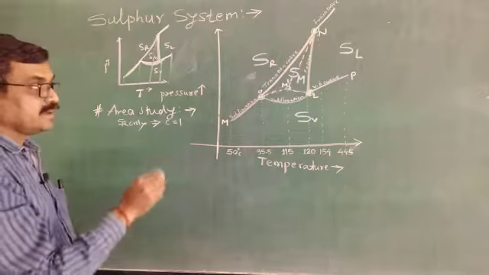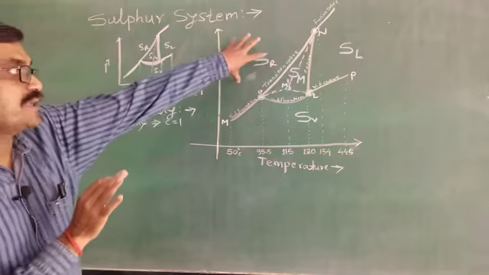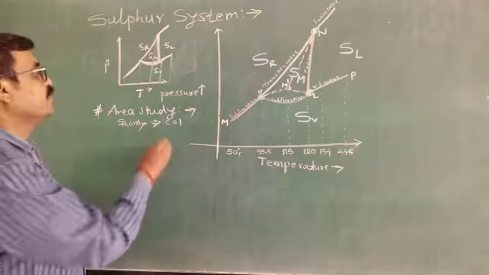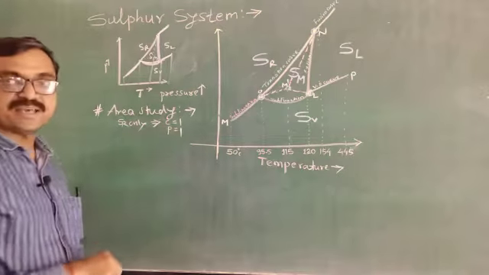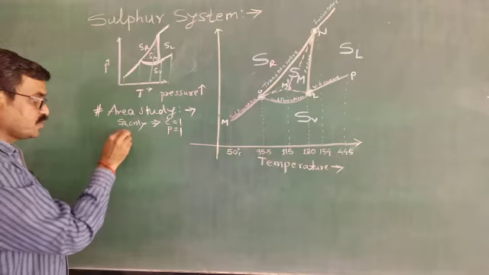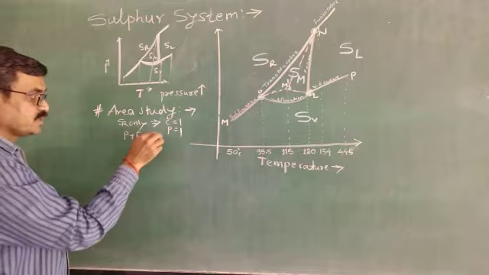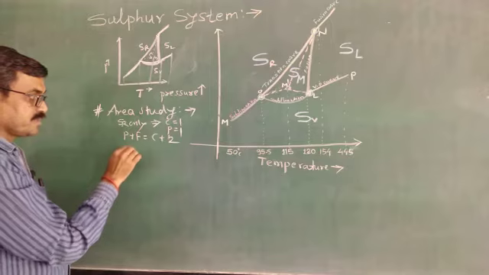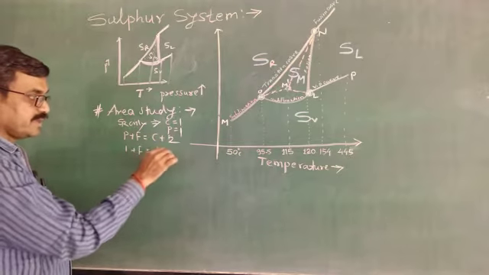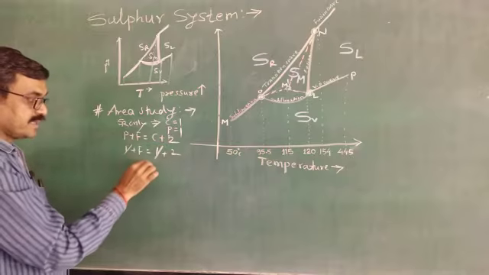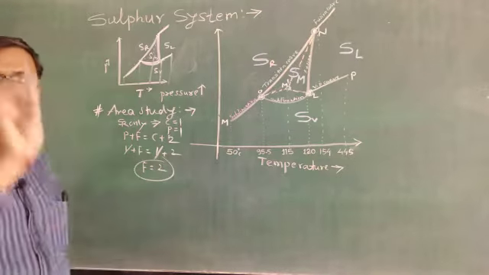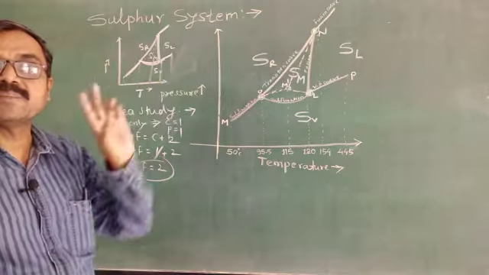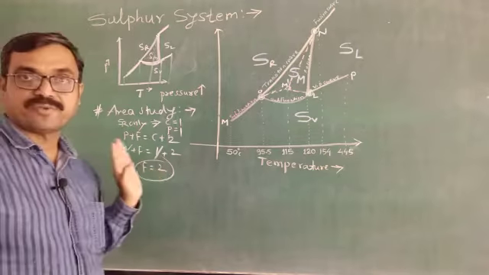From this observation, this area is bivariant, because you must know both. According to Gibbs phase rule, the number of phases, only one phase is there. Now what is the Gibbs phase rule? P plus F equals C plus 2. Put P as 1, C as 1, the 1s cancel, so F equals 2. Yes, it is clear. This area study shows that in the sulfur system, the area is a bivariant system. It has 2 degrees of freedom.